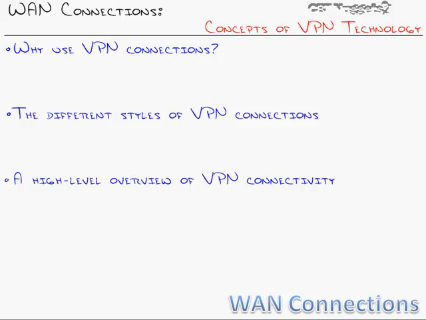However, the complexity of it is enough to fill an entire course. I could talk about VPNs in all their glory from concepts through configuration, and it would easily take me a series of 30 videos to make that happen. So when they decided to splice VPNs into the CCNA program, Cisco thought, how about we give just enough to be dangerous? Meaning just enough of the technology, what it is, what it's used for, and how it works to allow you to know what's going on, know what VPNs are all about, know where you would use them, but then leave